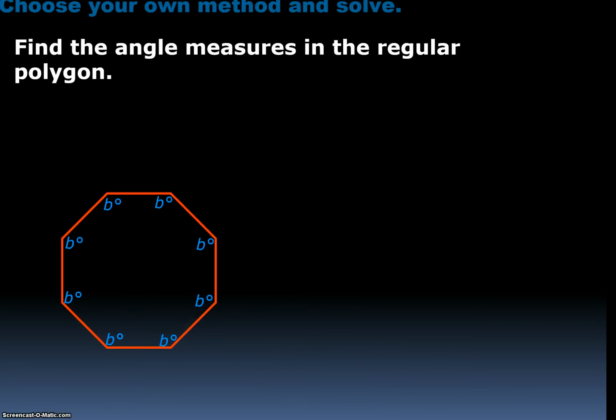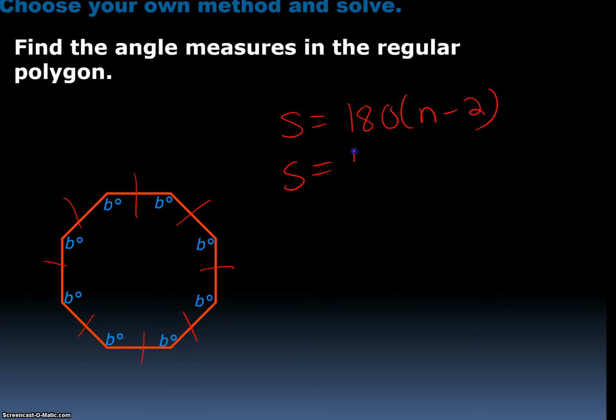Now this is a polygon as well. All you have to do is count up how many sides it has: 1, 2, 3, 4, 5, 6, 7, 8 sides, so it's an octagon. The sum is 180 times the number of sides minus 2. So instead of filling in an n, I'm going to put in 8 because it's an octagon, 8 sides and